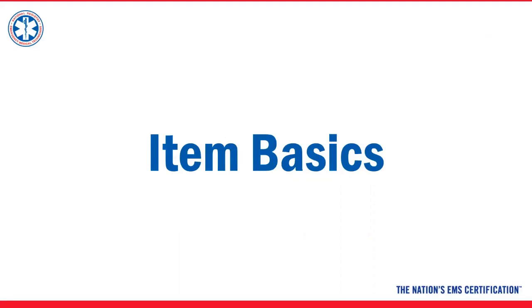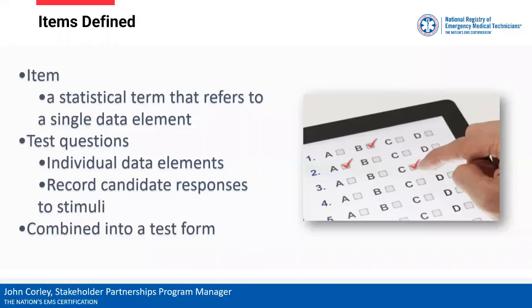So item basics. So what is an item? An item actually is a statistical term, and it refers to a single data element. I like to use the example